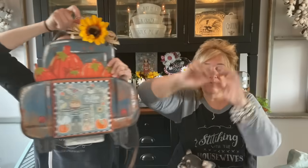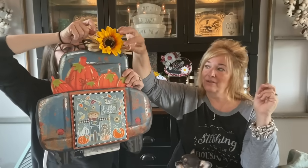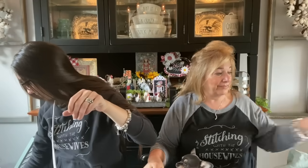But the truck came with a raffia bow, and then I just added a little burlap ribbon and a sunflower up at the top. It was a really easy finish. Very cute. And then our next in the Sip of the Seasons, this is another piece from Hobby Lobby,